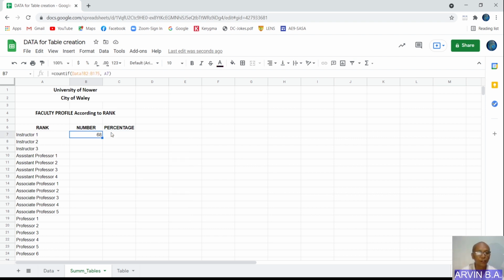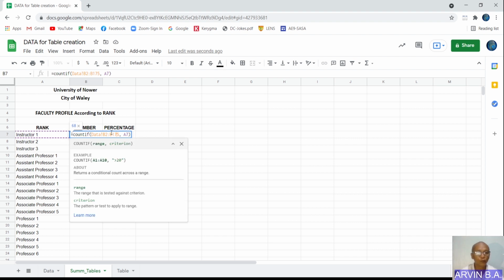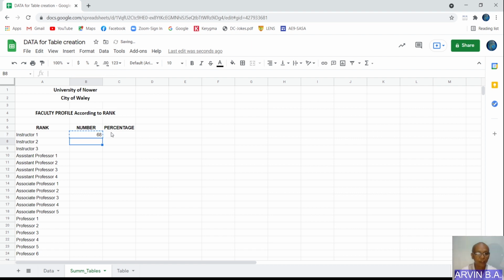Okay, press enter. Now, go back to this and press F2 to activate it for editing. Press F4 here so that we will convert B2 to B175 as an absolute reference. Meaning when you copy and paste it in the next rows, the data range will not change. So copy and then paste it on the other cells. So we now have the summary of the different